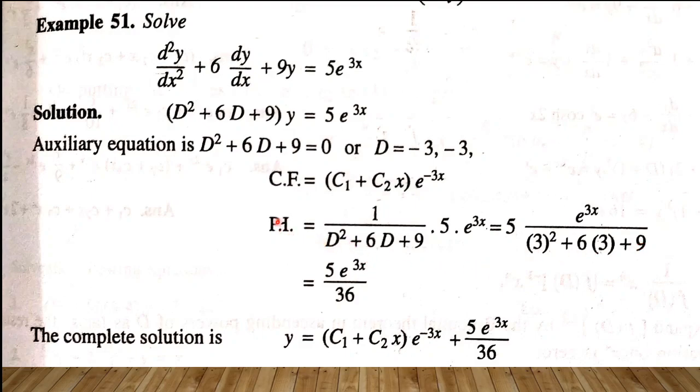So this is PI, this is CF. Combine them together. I get solution as y is equal to CF plus PI. As dependent variable was y and independent variable is x, solution is expressed as y in terms of x. अगर ये होता d2z by dt square तो solution में लिखते z is equal to function of t. Here RHS also should be then in terms of t, then only it is applicable. This is what we talked about the first case.